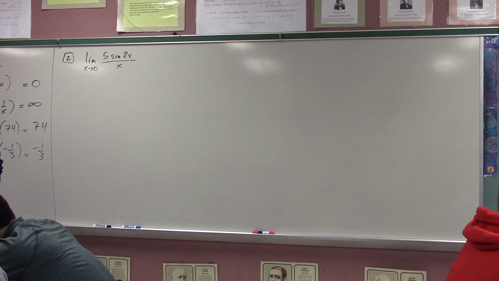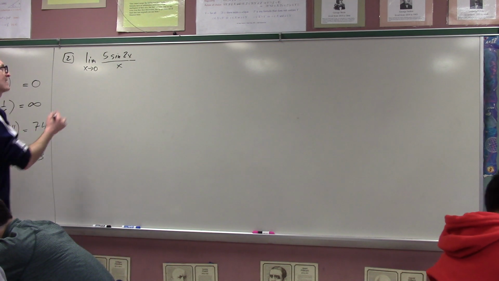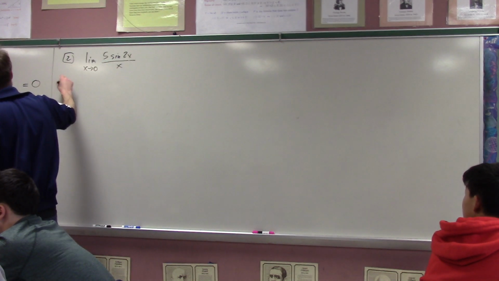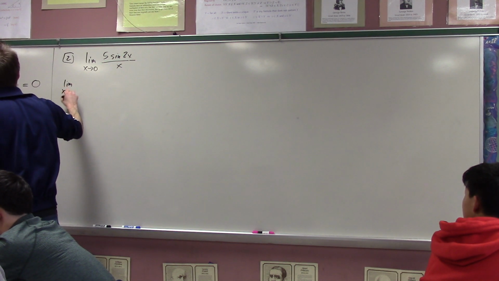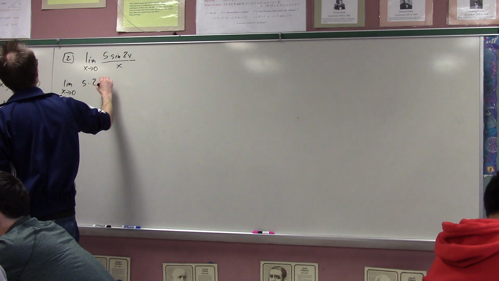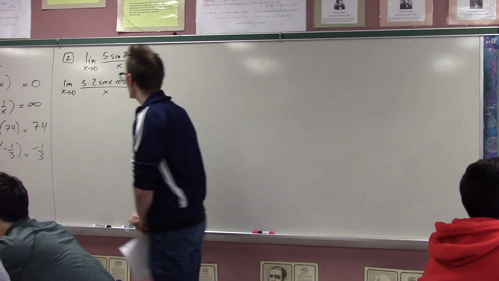Wait, which of you was it? Was it you? No. It was before Priya. It was someone else. Talk about trig identities? Yeah, is that you? Okay, yeah, good. So Ethan says, let's apply a trig identity. That is one way to do this problem. Sine 2x equals 2 sine x cosine x. And so this is just 5 times 2 sine x cosine x over x. And then